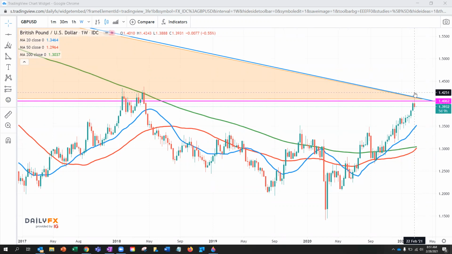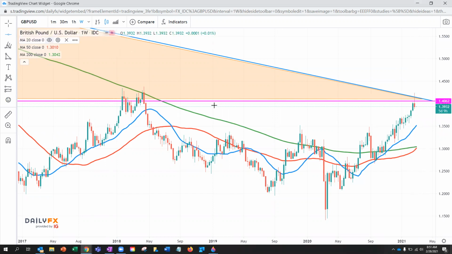This has more to do with the dollar than the pound as far as fundamentals. A lot of US dollar strength this last week. So it doesn't mean this rally is over. We could see resistance being tested again. However, there's also a good chance price could fall back down, at least for the short term, to this support level about